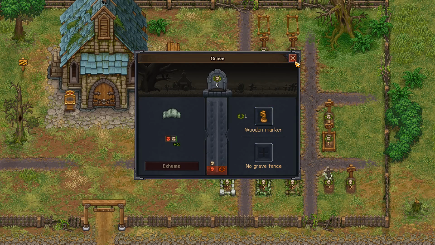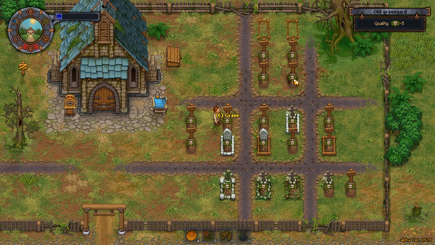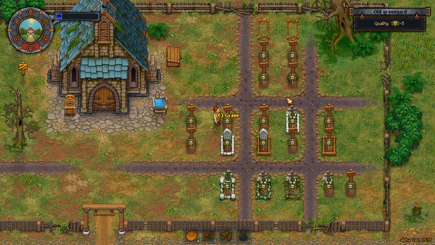96. That one's on... Right. Yeah, but why is that one still on 0? Why is that one on a 1 and this one here? Old graveyard. Quality is -5 at the moment. That one there, look. That's on 96%. That's on there. No grave fence. That I don't really get. I don't get why that's...